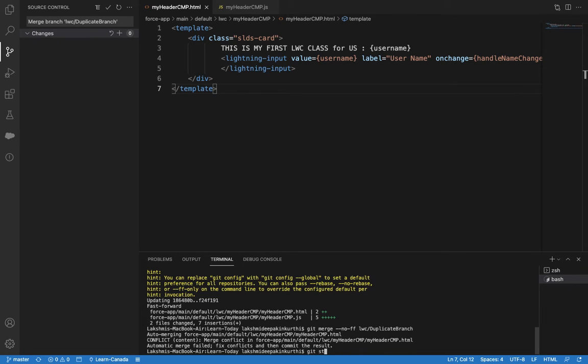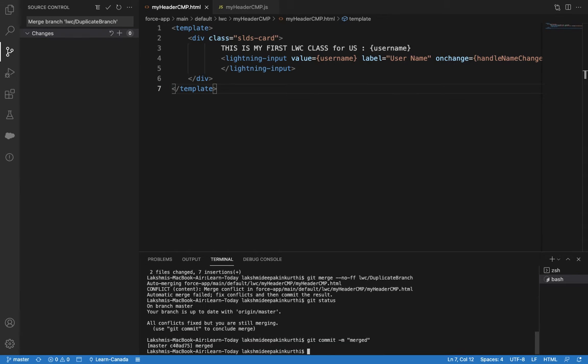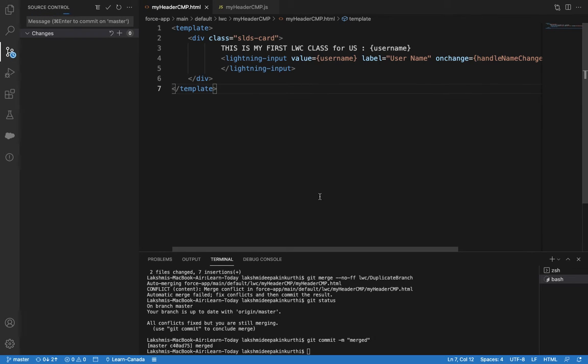Git status. Git commit -m merge. So now I'm pushing my changes to master.